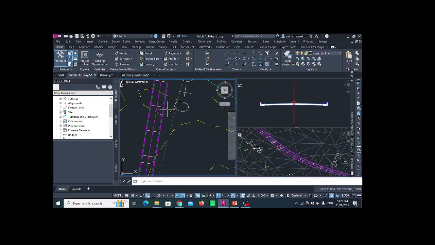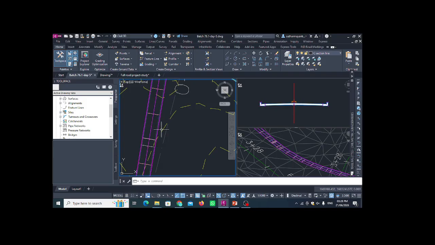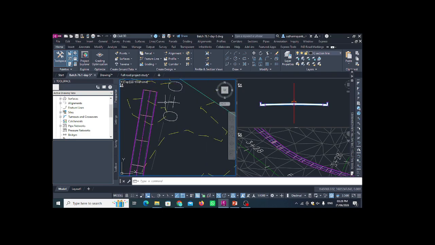If we have another road with widening, on an actual road the area is different, not the same at every part. Sometimes it will come here from here. So what we have to do, we don't have to create another assembly, but for that, here in the assembly,